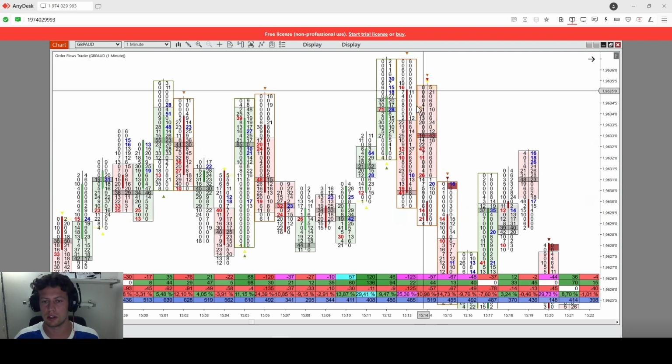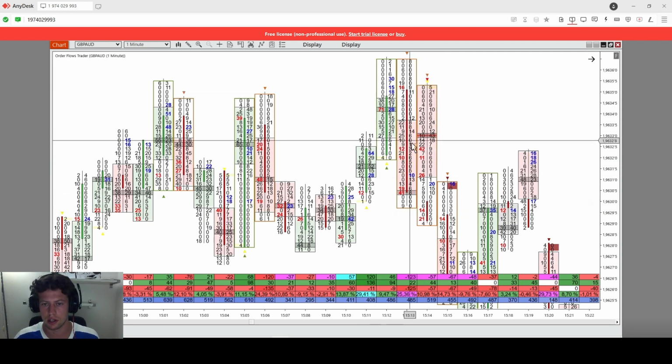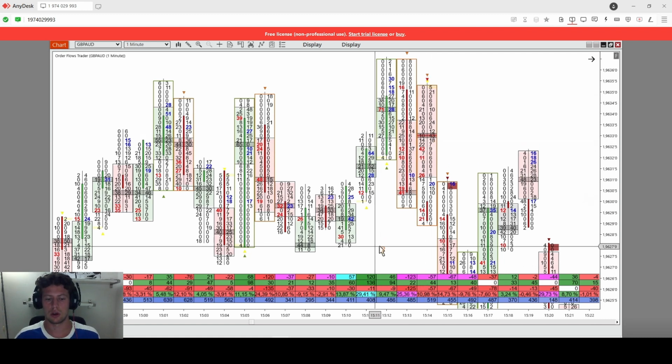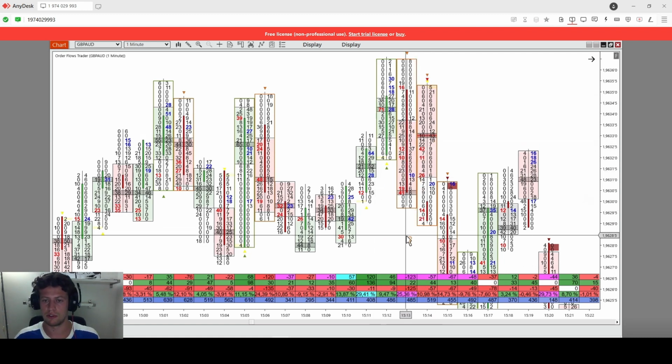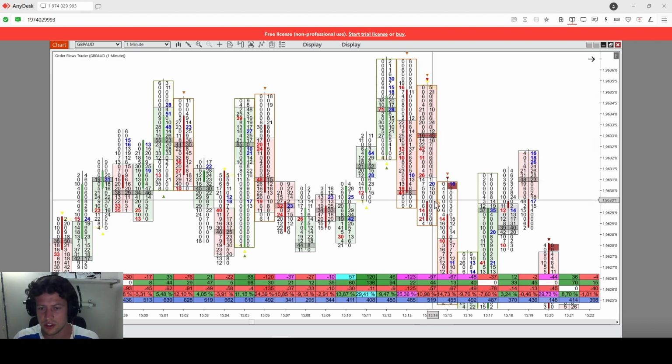So for me this is a nice signal to enter short. We are in the supply zone. We are above the 50% in the supply zone. So these are the confirmations. Also there is a bonus. We have a red candle, and in the red candle,